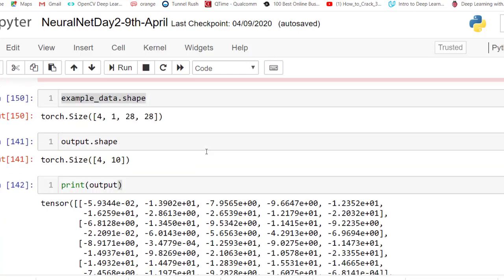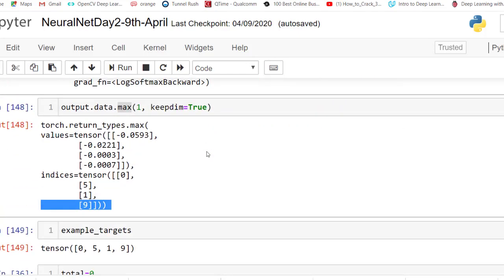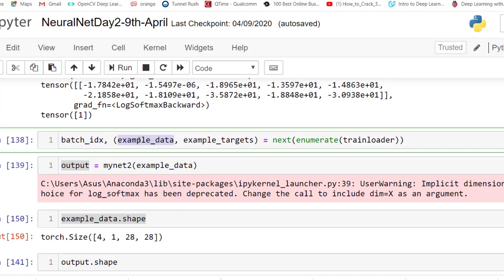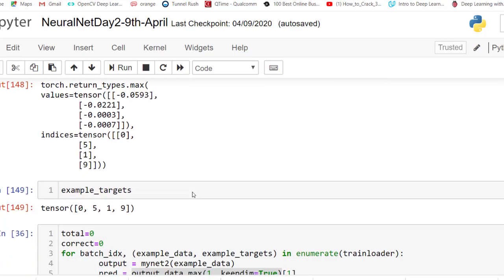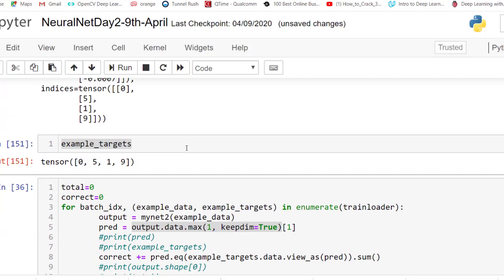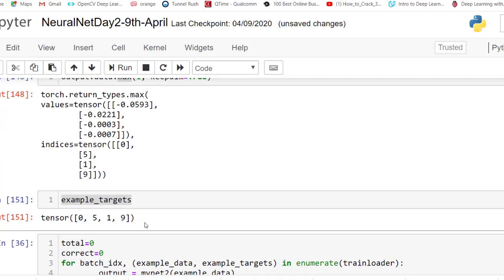And let us see what the ground truth was, what the actual values were for these images. This is what we passed to the network and we got those numbers, and we already have the expected values. Let's see how it compares. The expected labels are 0519, and what the neural network calculated is 0519. So it is matching.